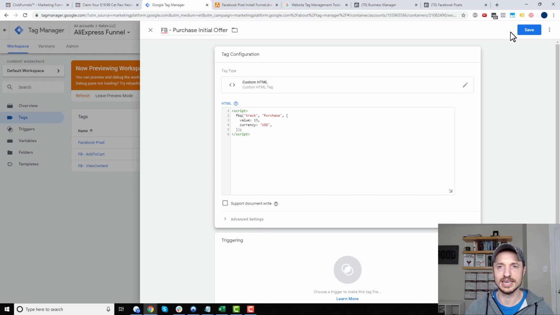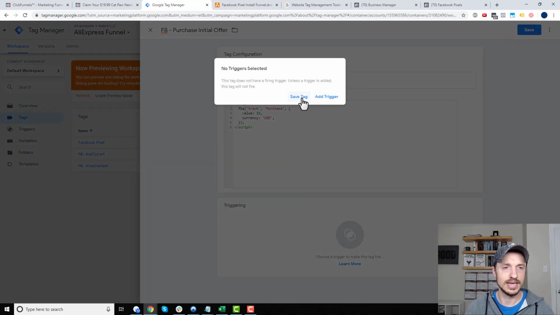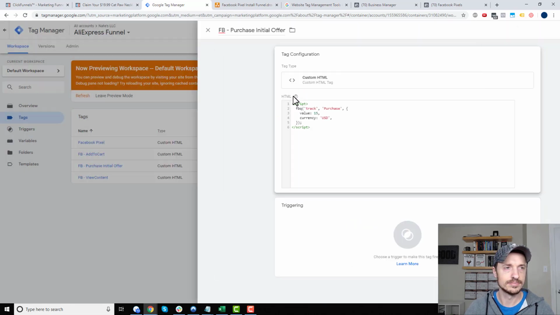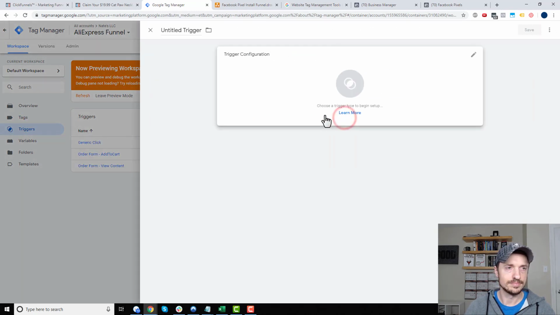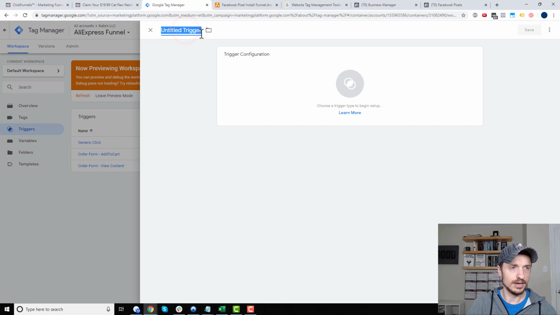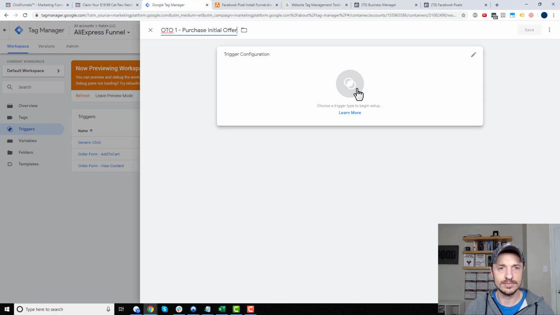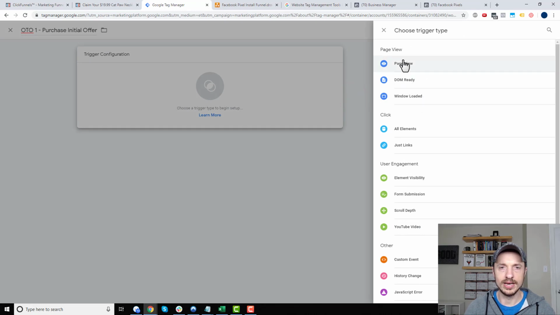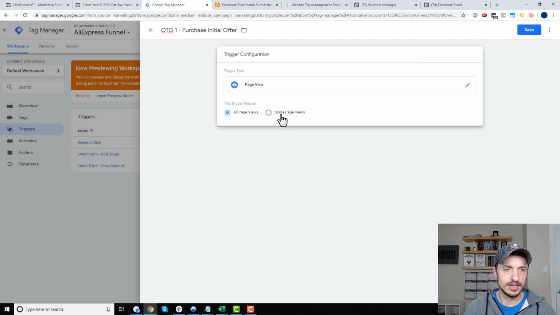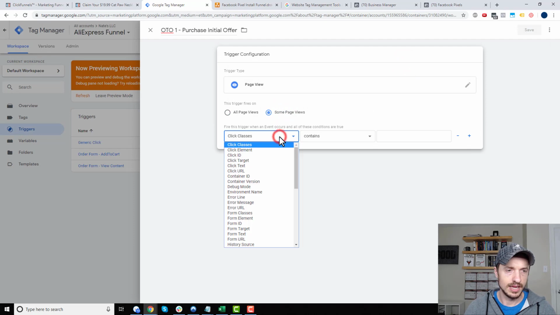We're not going to mess with anything else. Save tag, come on down to triggers, new trigger, and then OTO1 purchase initial offer. So this is our initial offer trigger, and we're going to do when page view, some page views, and when